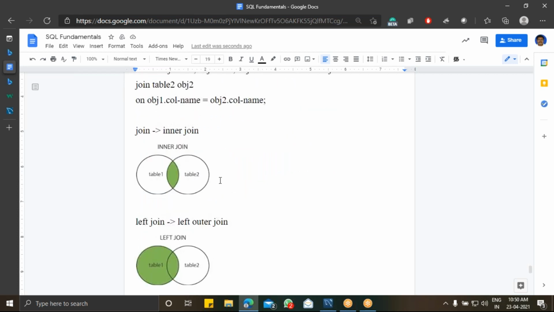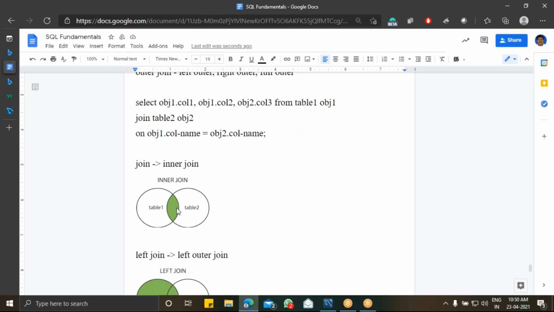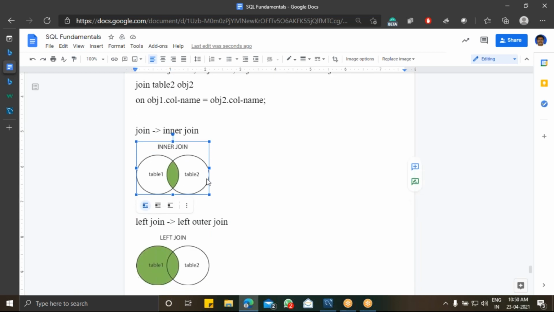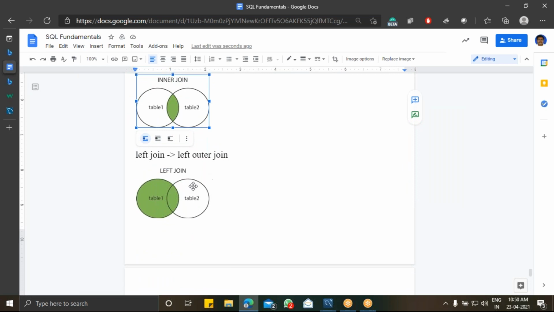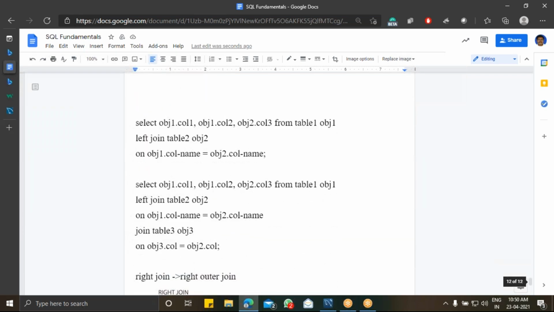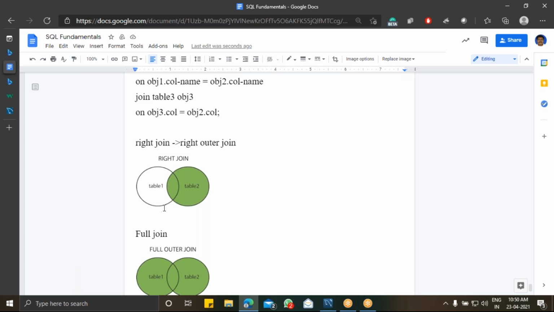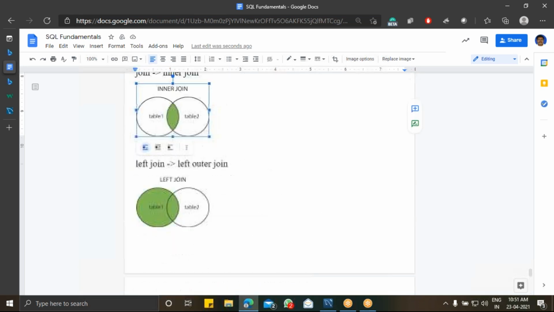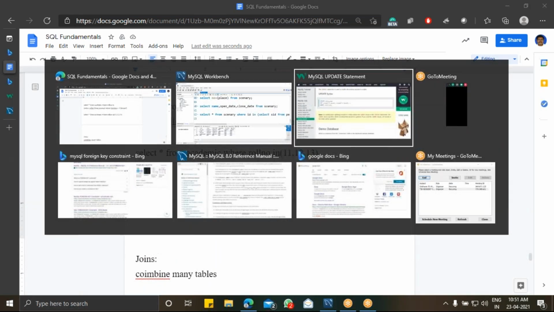So as you can see here, this is an example for inner join. If I have two tables, this inner join will display only the columns that are common to both the tables. So I will be showing an example for this. And left outer join. So left outer join is nothing but it will show all the common fields and also it will add all the fields that are available in my left table. Similarly, right join. So right outer join is nothing but it will display the common fields and also all the fields from my right table. And full join. So full join is nothing but a union of both the tables. So this is one way of querying the table. So this is another way of querying a table.